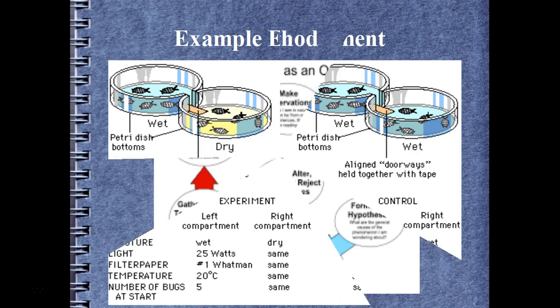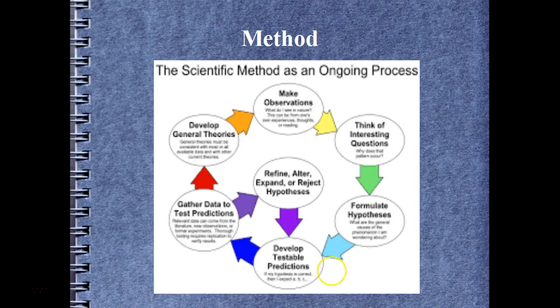And that's how scientists work. Once they finish gathering data and testing their predictions, it can go a number of ways. You can refine, alter, or reject your hypothesis if it didn't come out to support it. Then you go back, develop different predictions, test them again, and keep doing that until you can